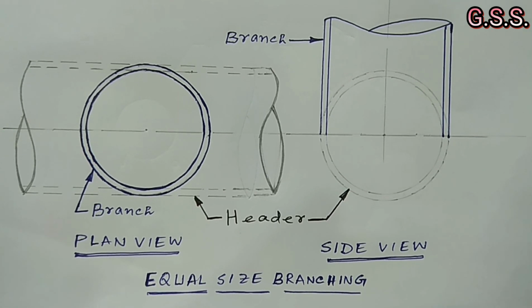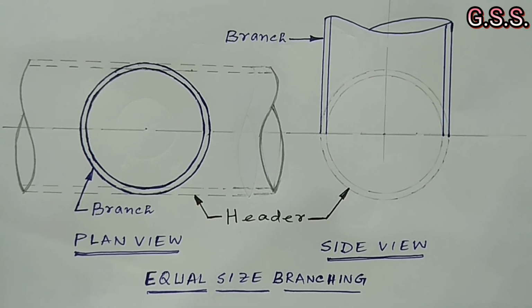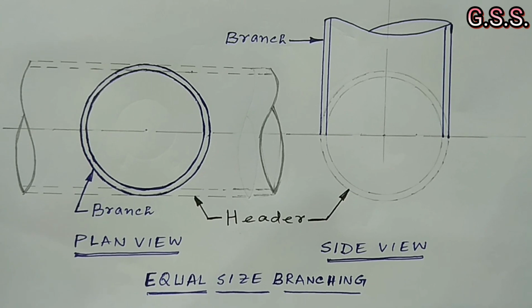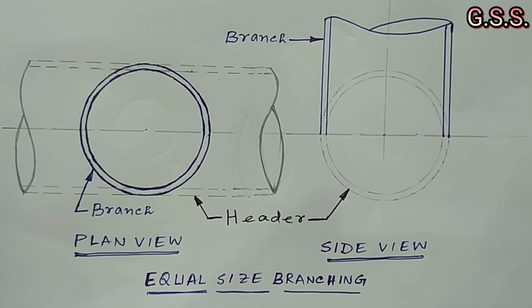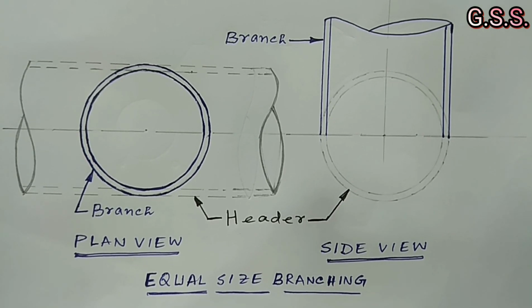But in some cases, we find difficulty in getting an equal size tee. For example, non-standard 22-inch size, or when we need to provide an equal tee of rarely used material like copper, aluminium or monel, for which an equal tee is not readily available. In that case also, we can provide RF pad for equal size branching.